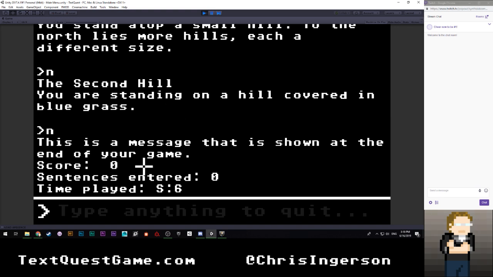So this is the end game screen. You get shown a custom in-game message. You can specify that in those options that we showed. And these are the various things that we set up to be output at the end. So what I would like to do is set up logic for the custom script, or the custom in-game script, to allow players to do